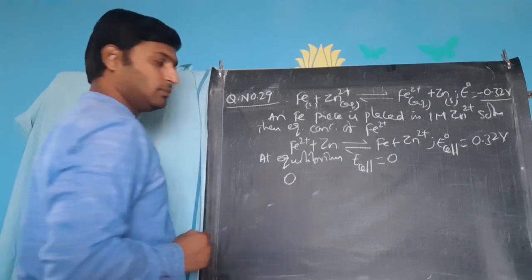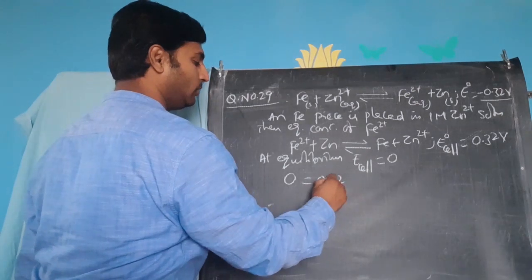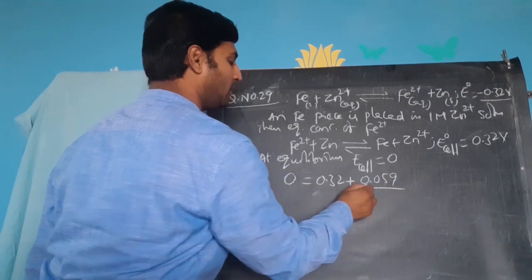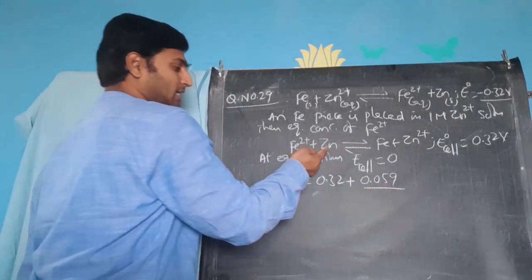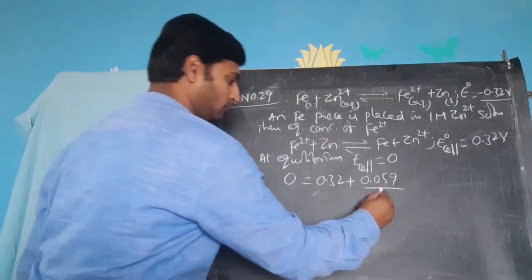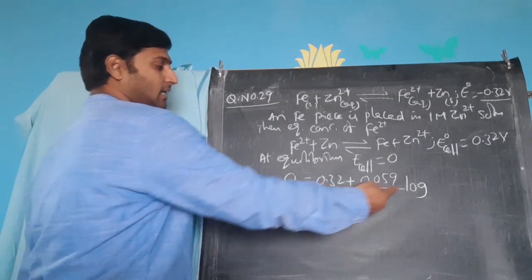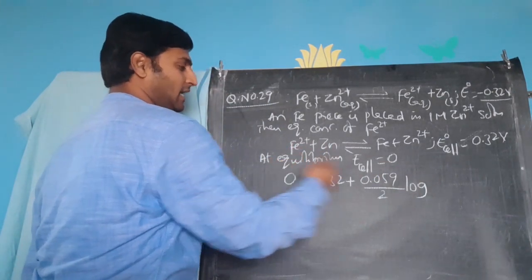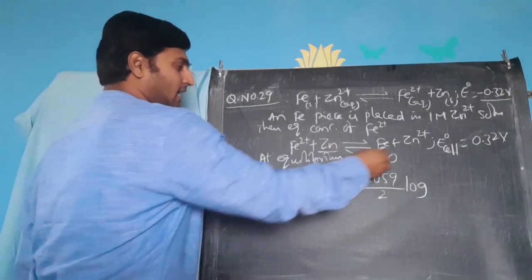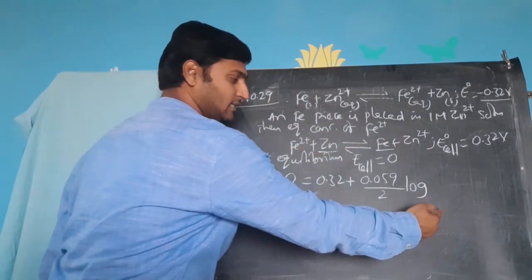Now directly I will write the Nernst equation here. E cell, I have assumed 0, is equal to E naught cell, he has given 0.32, plus 0.059 by how many electrons are involved? Whether zinc losing electrons or ferrous gaining electrons, either way you take, there are 2 electrons involved. 2 log of, because I have taken plus here, concentration of reactants by concentration of products you will get. Now zinc and iron being solids will get ignored, so you will be getting concentration of Fe2+ by concentration of Zn2+.